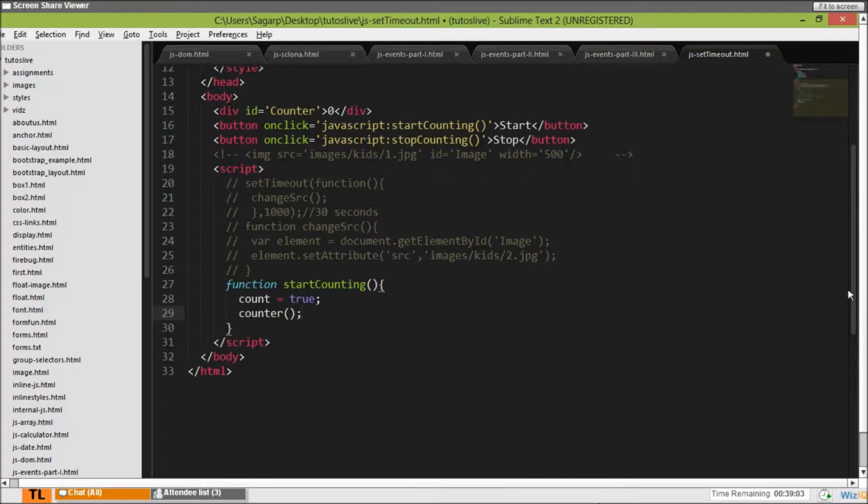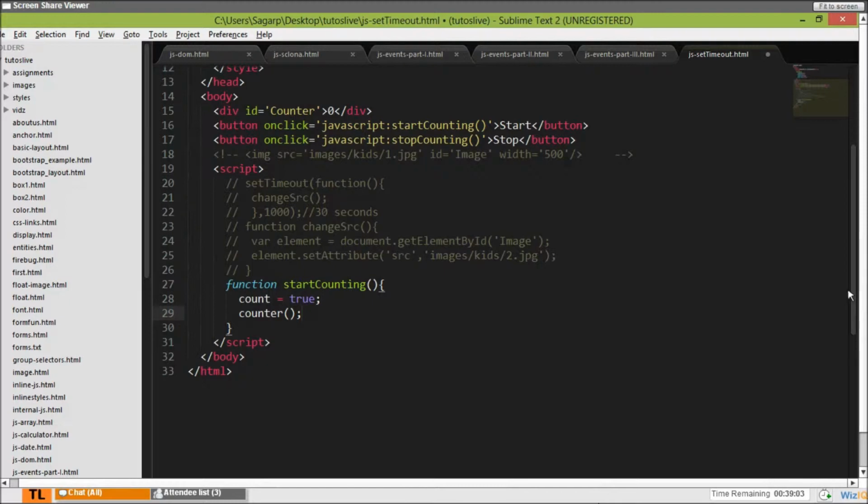Okay, to convert the string, we have a function called parseInt. ParseInt converts a number string into a number. Now what I want to do is put back the number. Get element by id counter dot inner html equal to number plus number. Sorry, number plus 1.